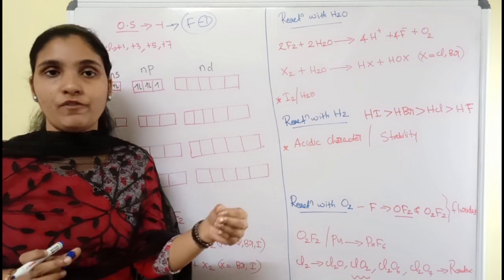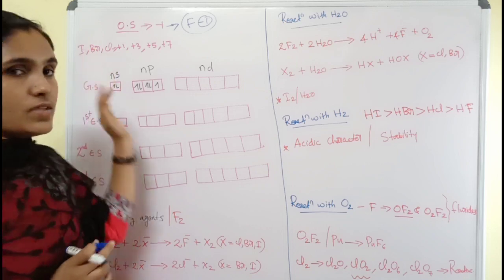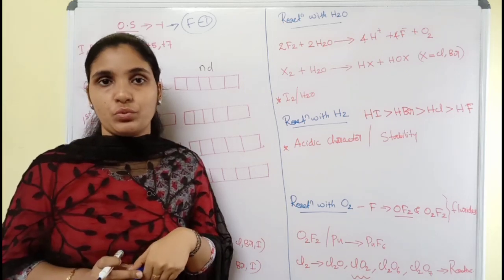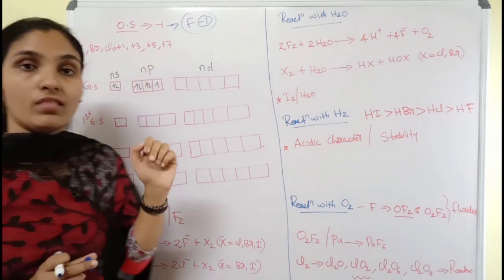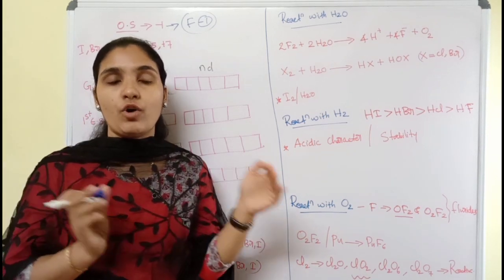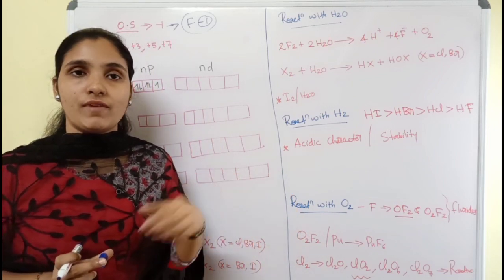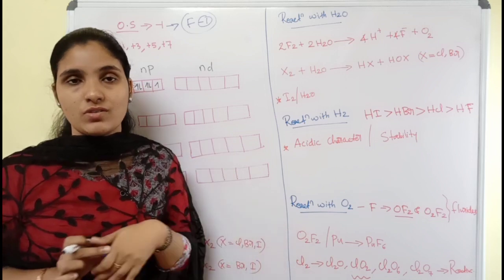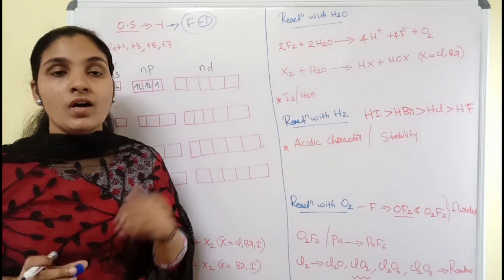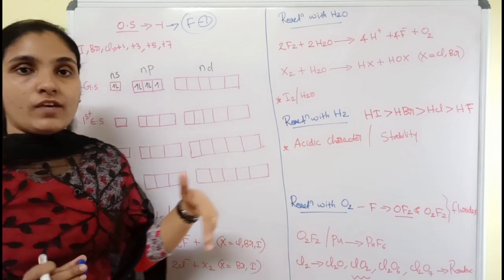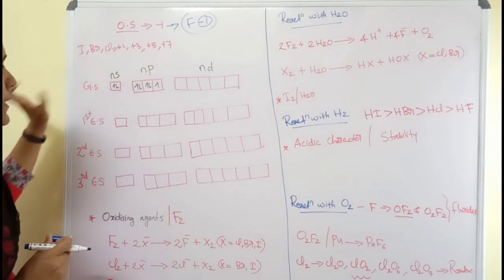But halogens other than fluorine, that is iodine, bromine and chlorine, can exhibit some positive oxidation states too. That is +1, then +3, +5 and even up to +7 they can show. So please note down, generally oxidation state of halogen is -1. Since fluorine is the most electronegative element, it won't show the other positive oxidation states, but other halogens can show positive oxidation states. And the formation of these higher positive oxidation states could be explained by the